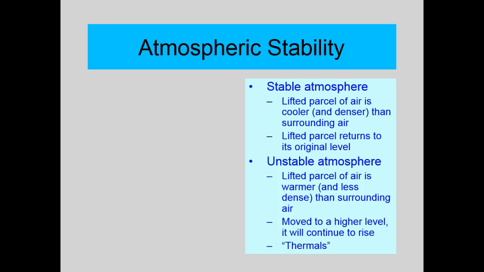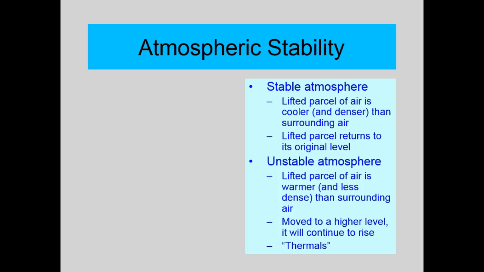I don't like the way they've worded it here, but that's basically saying if the lifted parcel returns to the original level, if it's denser, it goes down, the warmer air goes up. That's pretty stable. Okay. The unstable situation, if the lifted air is warmer